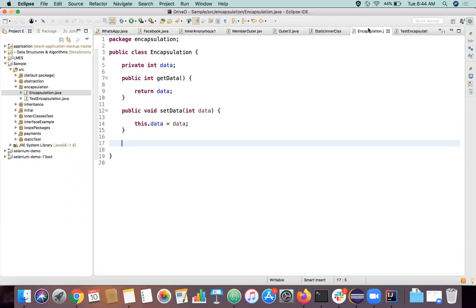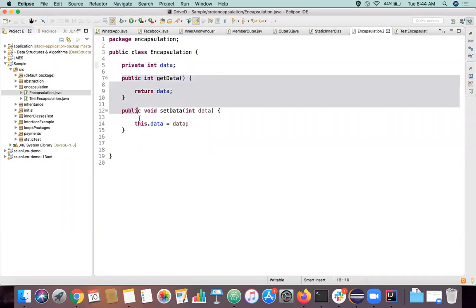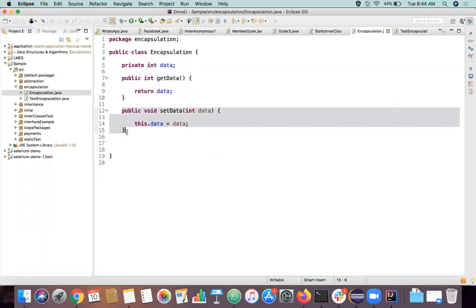We have to have some mechanism where the data is not directly accessed. The very simple way of achieving that in Java is declaring the data as private, and declaring something called getter setters. We call this in the Java world getter setters, or in any programming language as a whole.